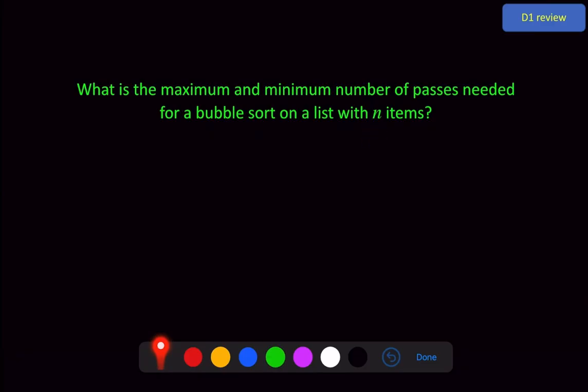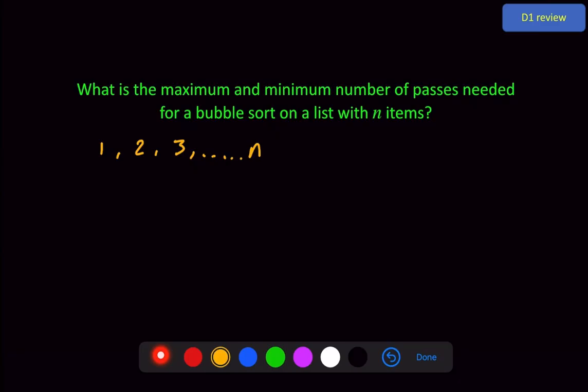Now we did touch on this in the previous video. Let's have a quick look. We've got 1, 2, 3, up to n. Now we've got two options here in order to maximize or minimize the number of passes needed. To maximize the number of passes, everything is in exactly the opposite order to what we want. So if this is the list going from 1 to n, up in ascending order, and we want descending order,